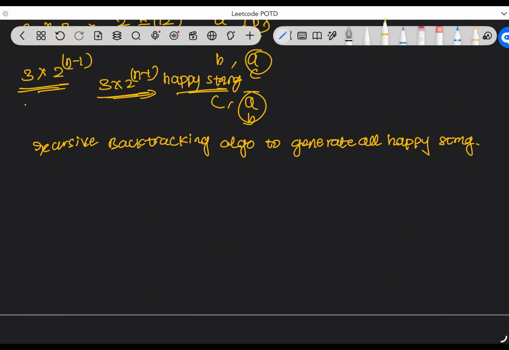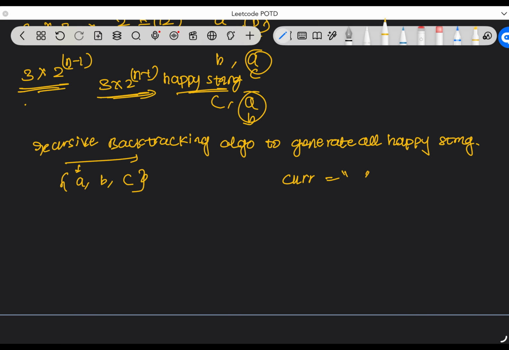We already know that the allowed characters are A, B or C. What we'll do is take an empty string, let's call it current string, which is equal to empty. We will iterate through this list, and each time we'll append a character